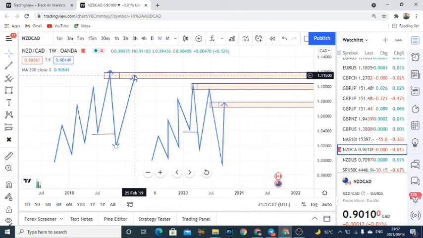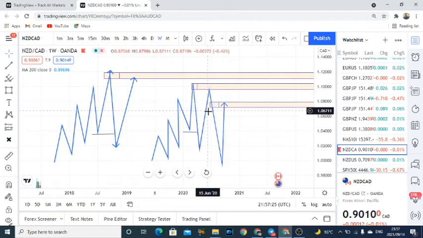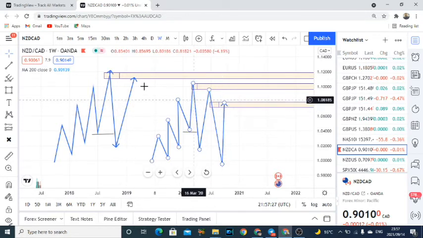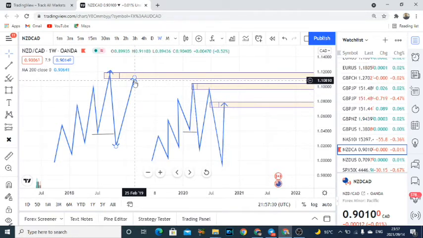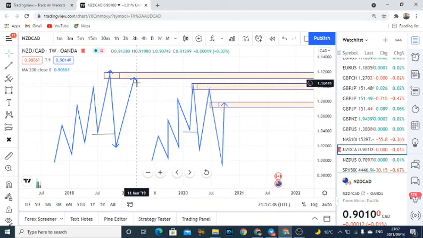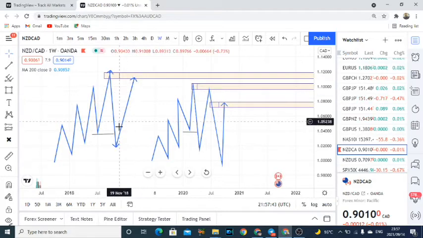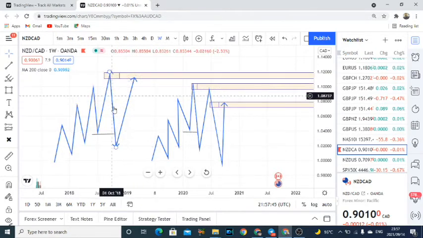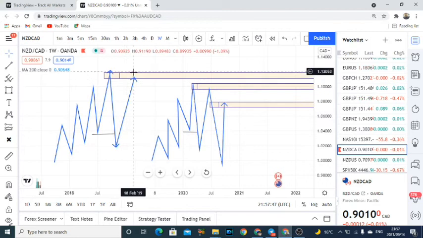You're not going to just sell the markets, no. You're going to wait for the reaction of the market. You're going to look for this pattern on the lower time frame. It can be the 15-minute or 30-minute time frame. You're going to look for this pattern number 2 on the lower time frame. What I'm trying to say is that you're going to wait for the market to break the structure and come back to this.